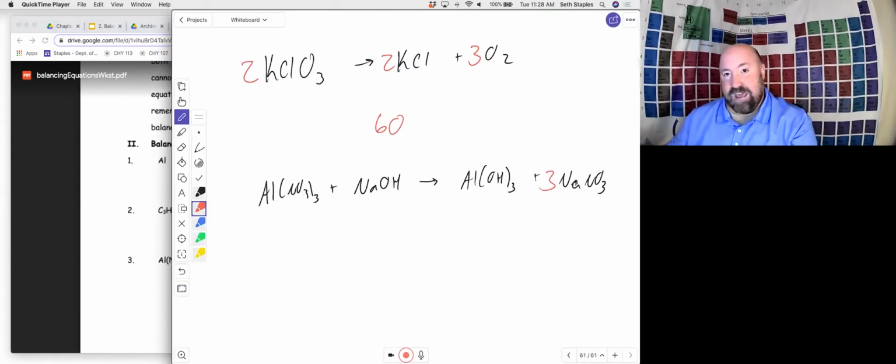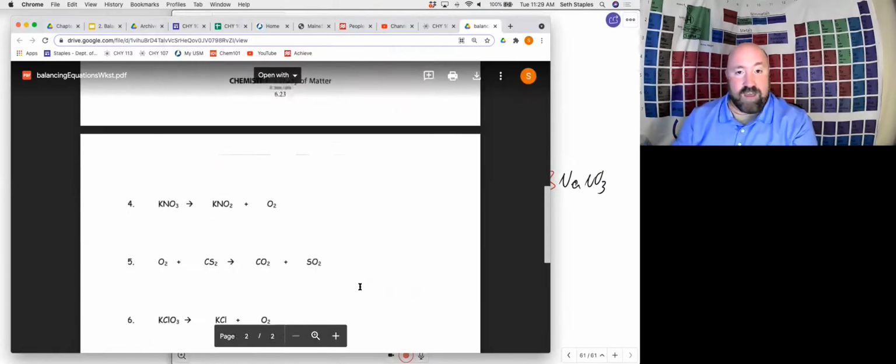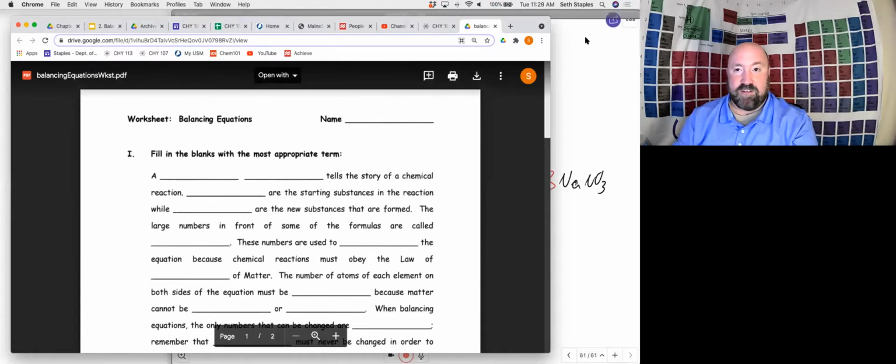That messed with my number of Nas. Now I have 3 Nas, 3 sodiums on my product side. So I'm going to put a 3 in front of my NaOH. Look what that did to my OHs. Now I have 3 OHs here, and I have 3 OHs here. And so that fixed it for me. And so now this is balanced. So I definitely encourage you to try all these practice,